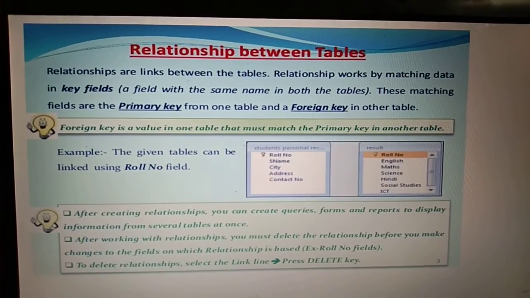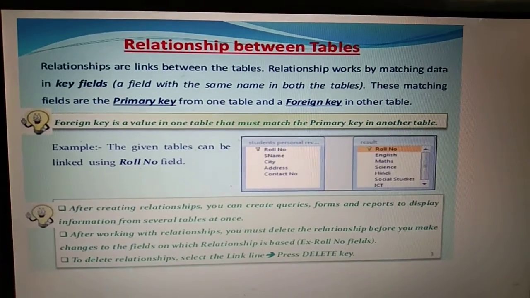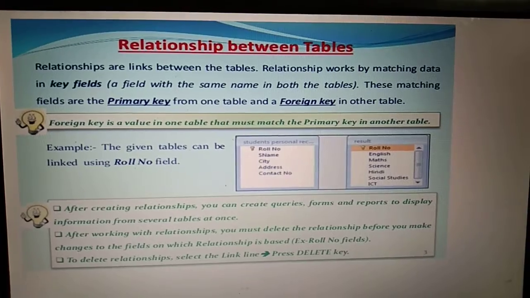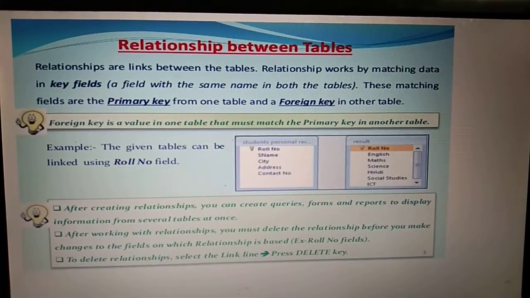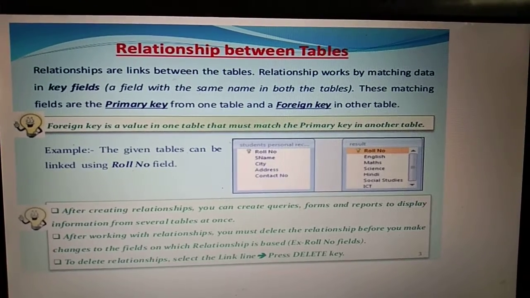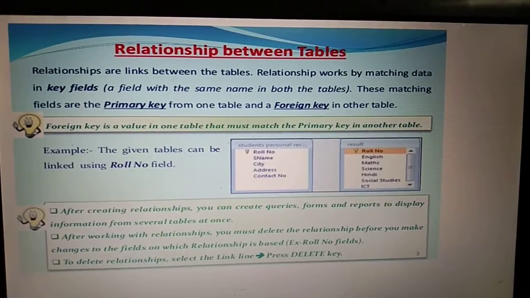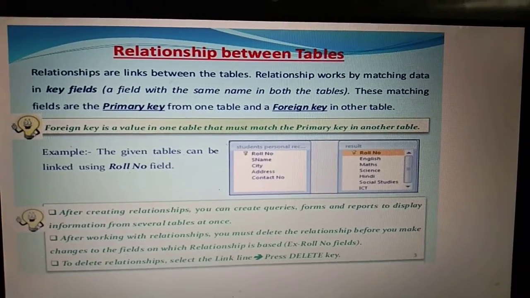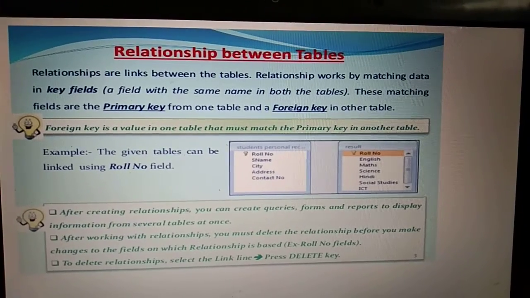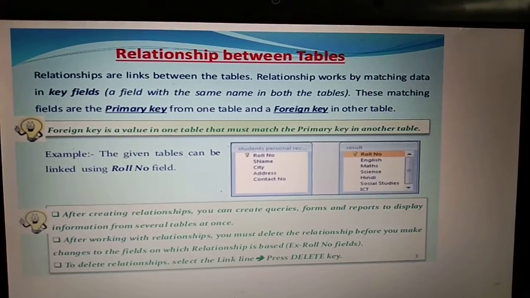So relationships are links that associate a field in one table with a field in another. In Access, you store data in multiple tables. Why? To bring that information together, we need to define the relationship between tables. Once we have defined the relationship between the tables, data from both tables can be used in a query, form or report.